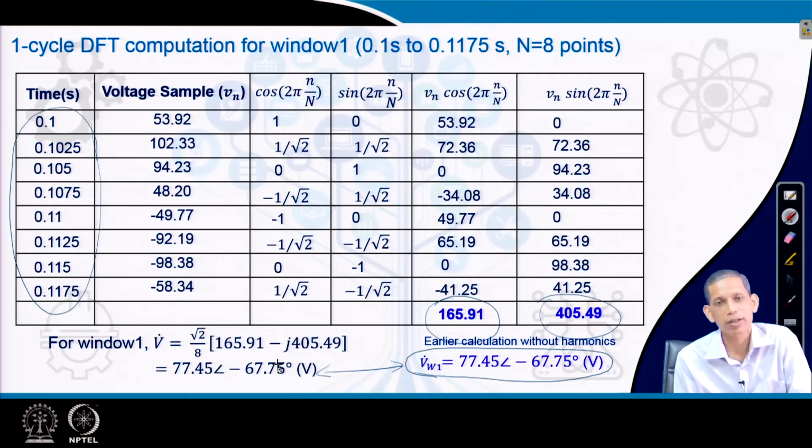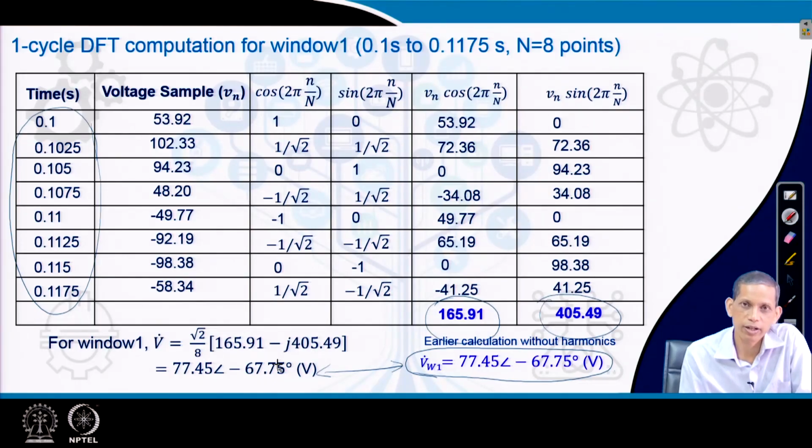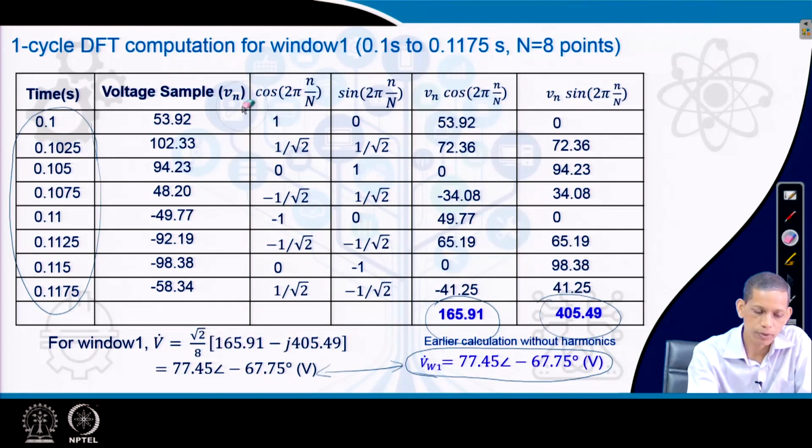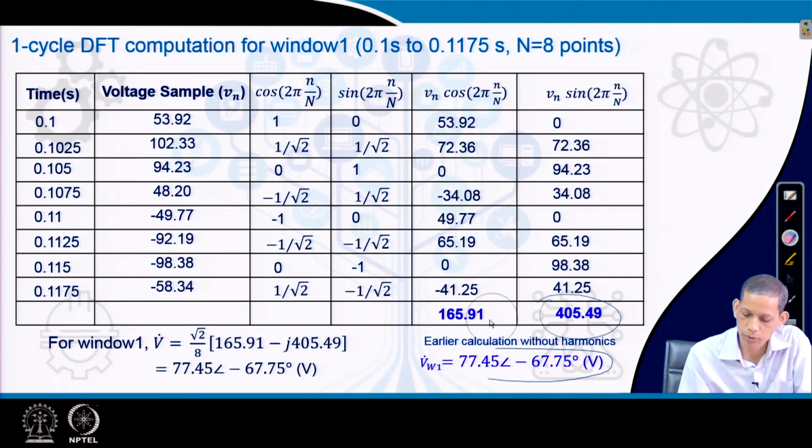This clearly shows that the different harmonic components, second, third and fifth, are completely rejected by the one cycle DFT, and that is what we want in a relay. The phasors to be used by the relay should be estimated as accurately as possible from the signal, for successful operation and accurate decisions by the corresponding relay in the system.